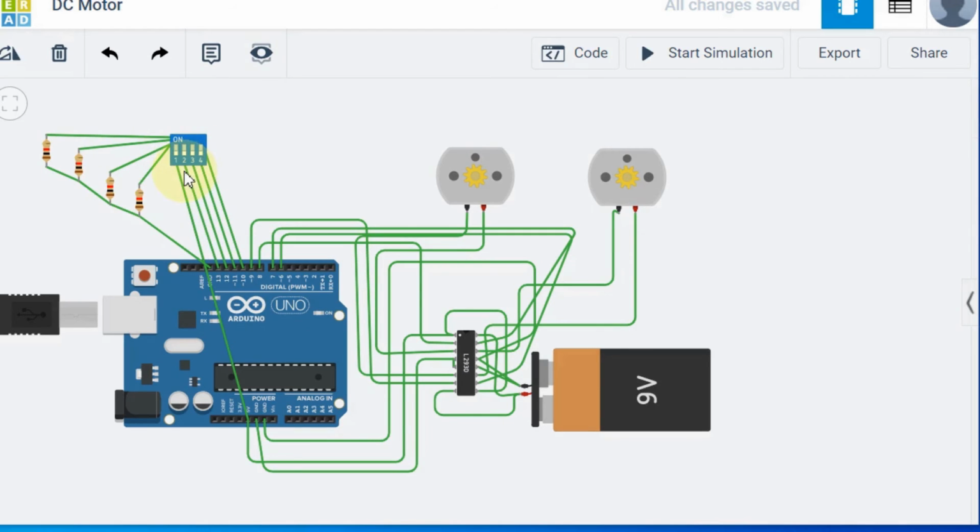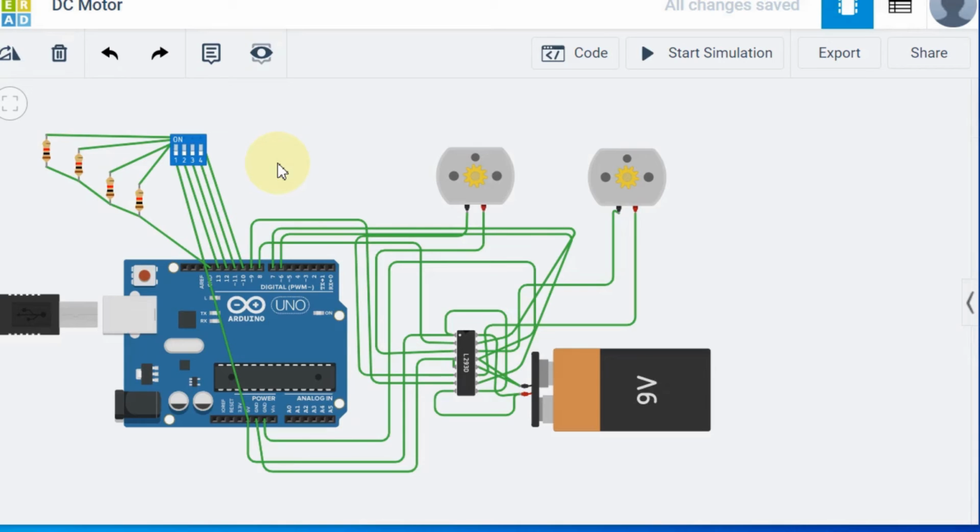The hardware circuit for the switch is given in the previous video. You can go through it about a push button. In that I have clearly mentioned how to create a digital input for this. So in this circuit I have connected 4 inputs to pin numbers 10, 11, 12, 13, all as inputs. Switch 1 will tell whether motor 1 should be on or off, and switch 2 will tell whether motor 2 is on or off, and switches 3 and 4 will tell whether the motor should rotate clockwise or anti-clockwise. So 4 different inputs we are giving to control 2 motors.